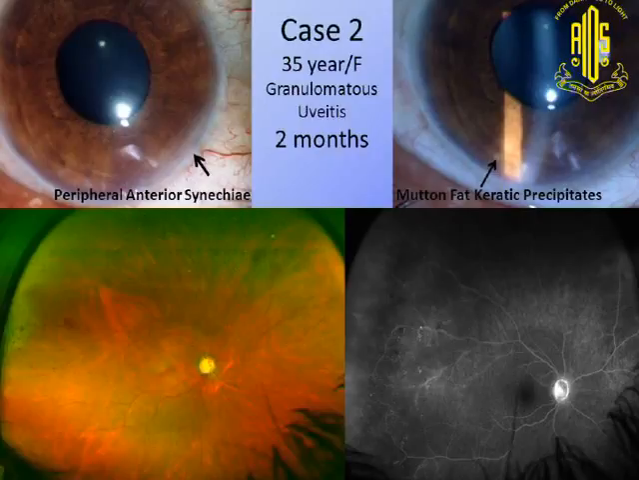Another case is a 35-year-old female, granulomatous uveitis, and had high pressures for about 2 months. And you can see there was some peripheral anterior synechiae already visible here, and we also had some large granulomatous KPs again. And in this case, the disc is already damaged, showing a glaucoma change. And if you do the fluorescein angiography, you have some kind of vasculitis and occlusion of the